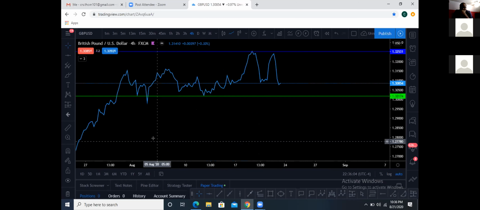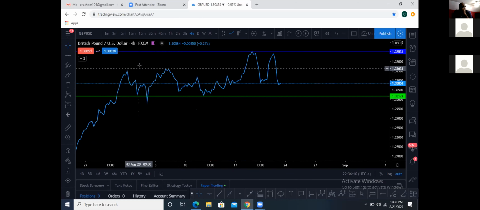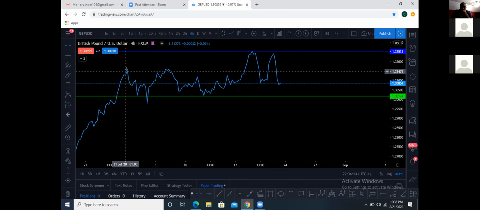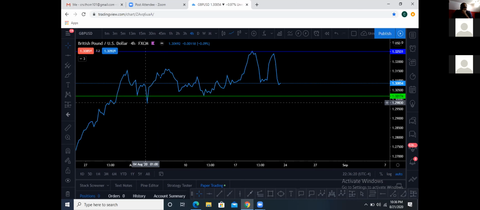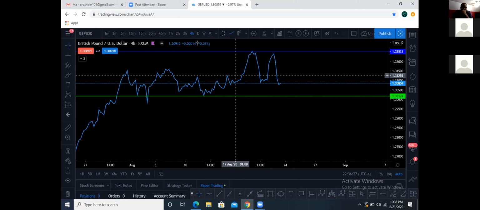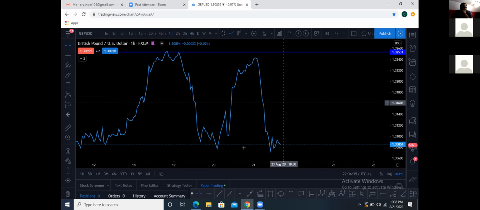When you take a look at that, you start to see a pattern. Now it goes up, and you see that this may be another resistance right here. It comes down, kind of bounces off. Now it breaks through right here just to come back and resist right here. You see a pattern within this time frame, the 4 hour. But to narrow it down some more,